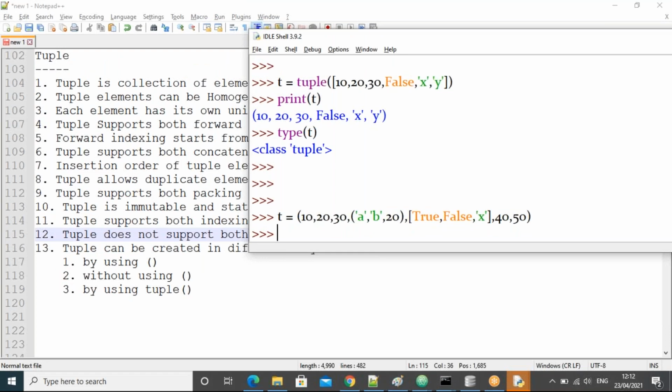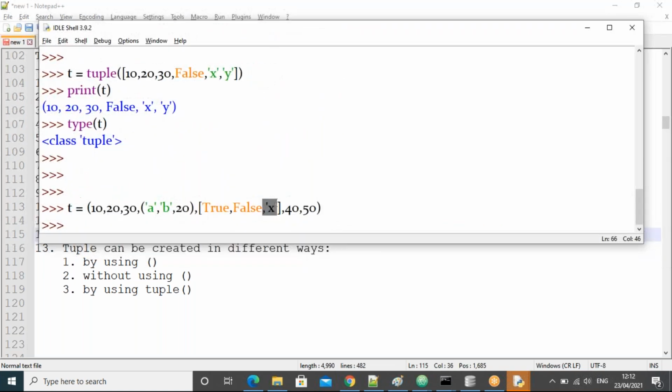Now you tell me, guys. I want to get this x. Then how? It's just a few examples, because we spent a lot of time on indexing and slicing in the list, right? Again, we don't have that much time to spend here. Just very few examples only. Tell me now how to get the x, guys. I'm not going to write the print also. Tell me directly.